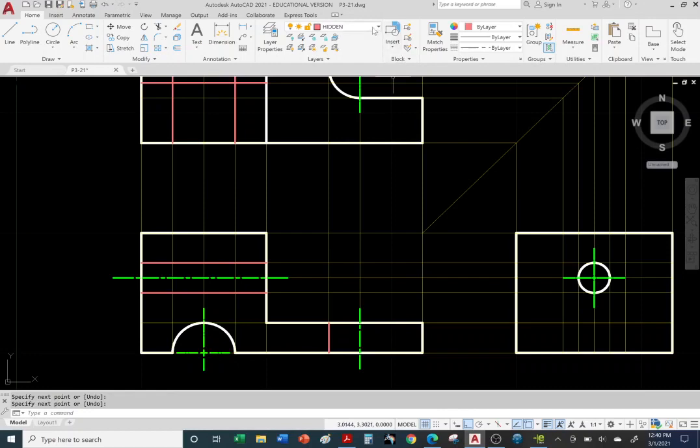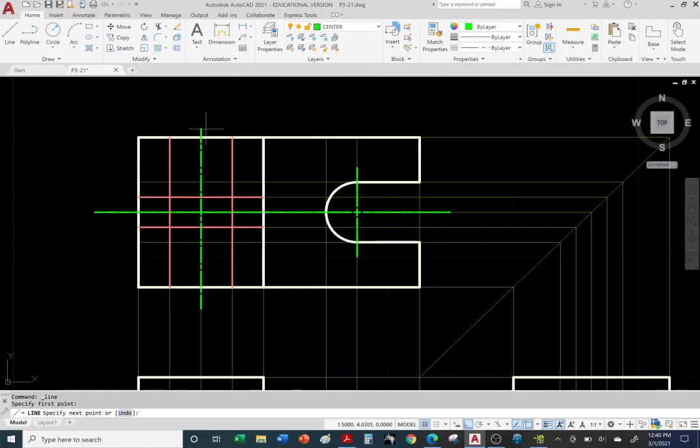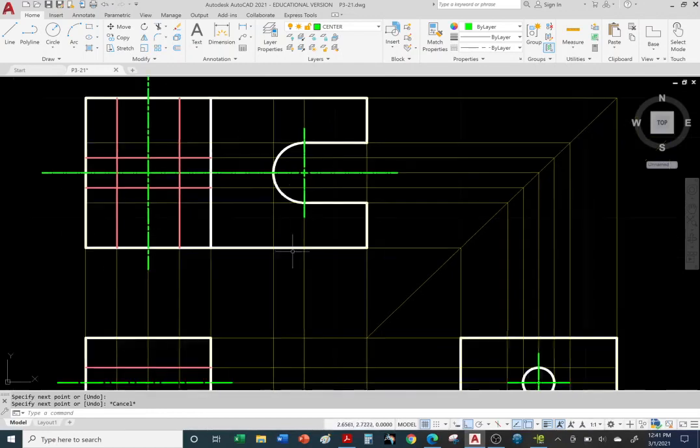Okay, so we're going to go to the green center line layer, use the line command. And again, from the center mark, we're going to go straight up. You want it to be slightly overextended, click. Or actually, quite a bit overextended, right? And click. And hit escape. Again, just eyeball how much to overextend. All right, so